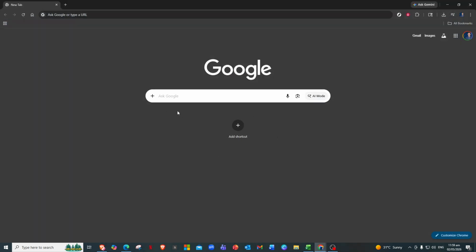If you'd like, you can also pin Chrome to your taskbar by right-clicking its icon and choosing the option to keep it there for easy